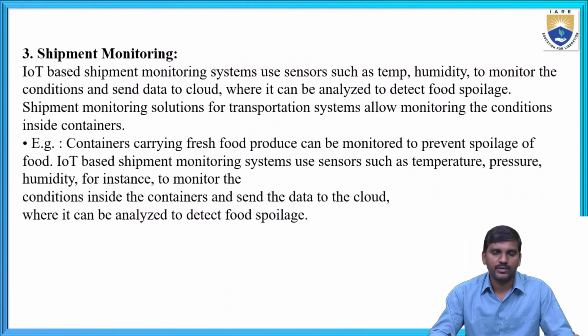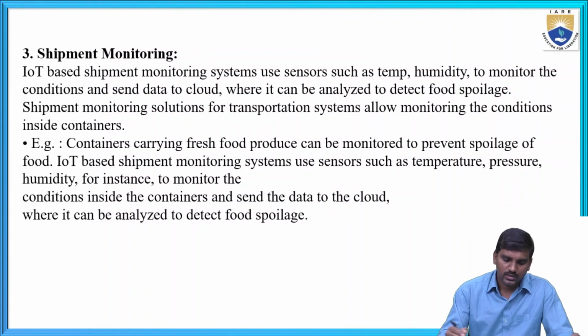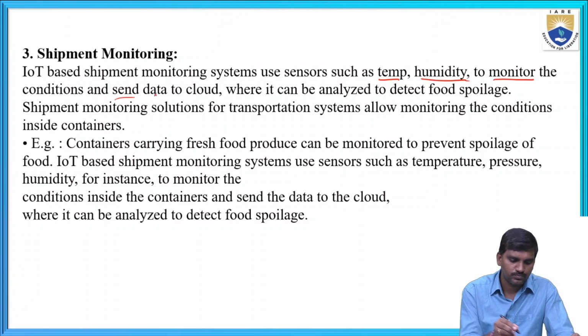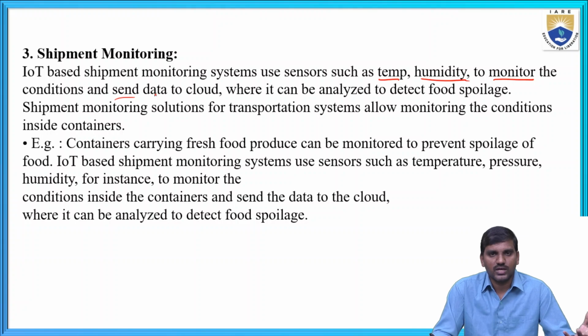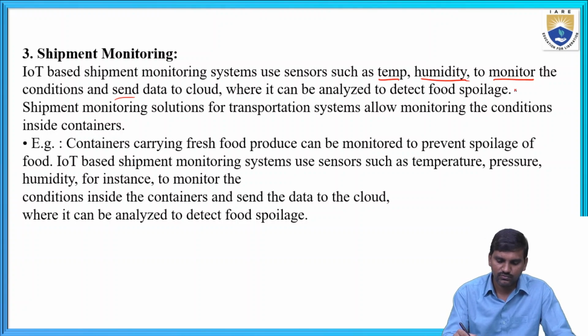Next, shipment monitoring. IoT based shipment monitoring systems can use temperature and humidity sensors to monitor the condition and send data to the cloud. Based on the application or system, we use weather: for weather, you have to identify the parameters of humidity and temperature. For an irrigation system, there is the water flow. For every application, we have different input parameters like environment, temperature, humidity, which can be analyzed to detect flood,